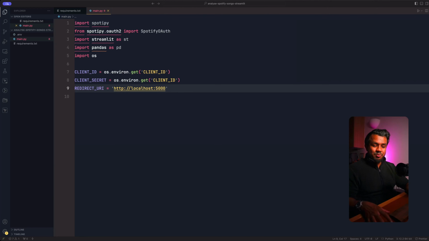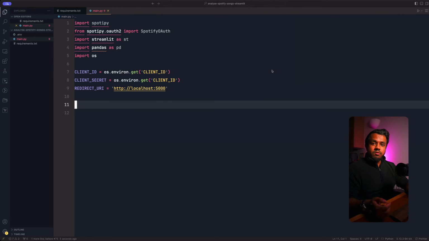Now the reason why this is important is because if you're using a Mac, and quite a few of you have told me in the comments you're having issues with the Spotify library, I've kind of dug down to what I think the issue is, or at least what the issue was for me, and it's related to what Spotify does behind the scenes. It sets up a web server, or it tries to set up a web server, and the issue with this is that it conflicts with an AirPlay web server that, if you're using the Mac, will be set up in the background. And so I'll show you how to fix this later on, but for now